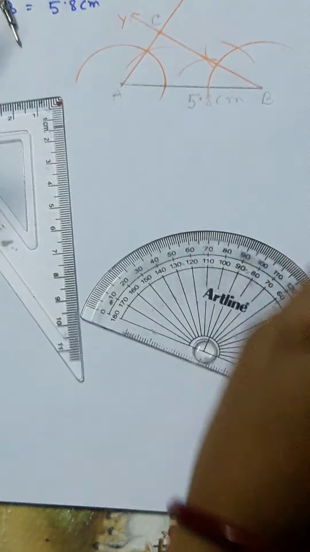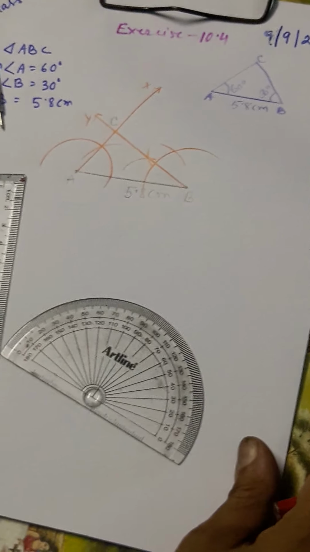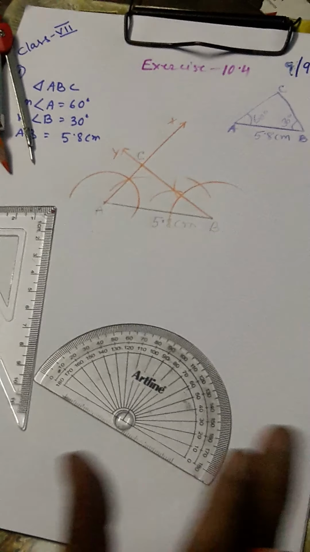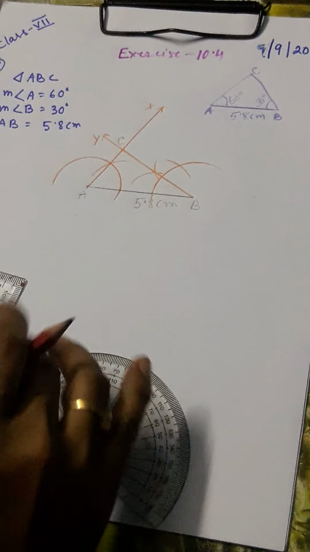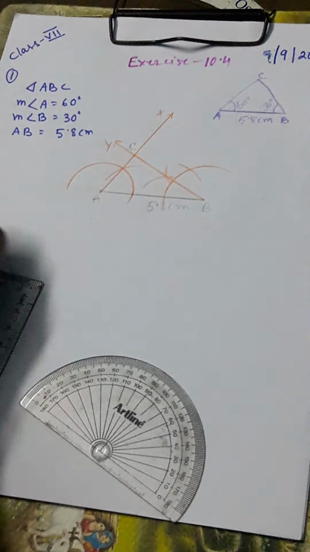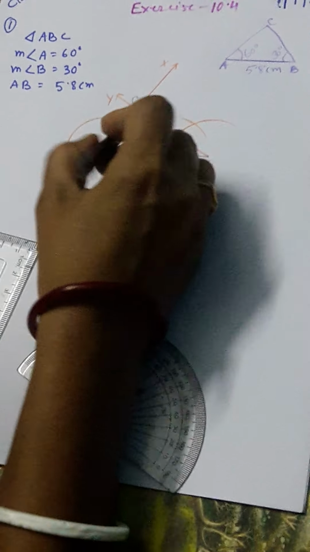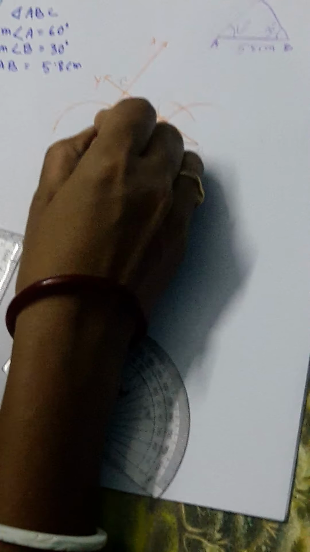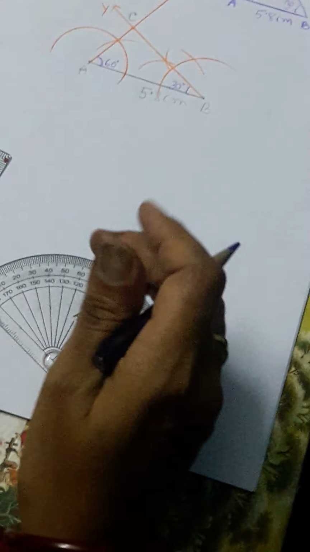Okay, so you also can follow this one. Otherwise, if you are feeling uncomfortable with that, you can use your protractor. No issue for this one. This is the exact construction you were asked for in the first question. Triangle ABC, where the length of AB was 5.8 centimeters, the measure of angle A is exactly 60 degrees, and angle B is exactly 30 degrees. I have shown you the measure also.